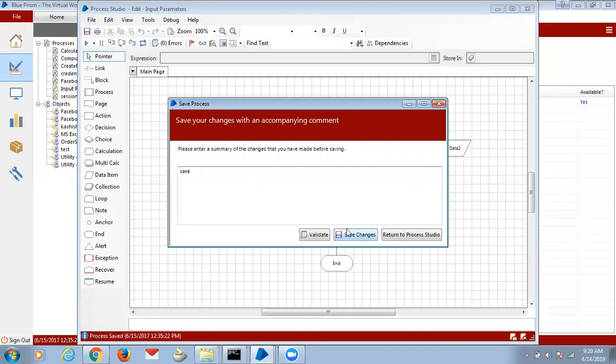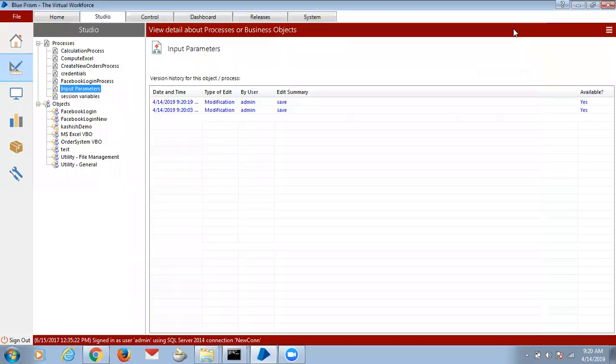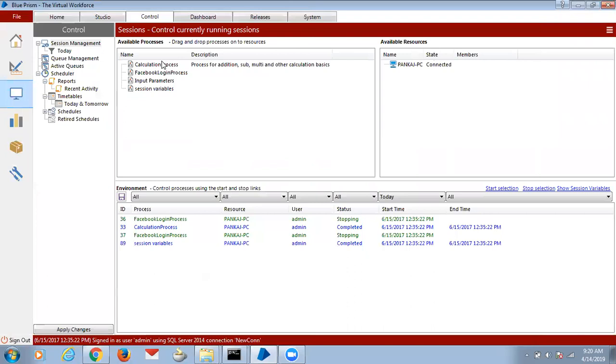Done. This data 1, data 2, I will give randomly while I'm running the process. While I'm running the process, it will give a pop-up where I have to enter the values. From the control room only, you can observe this logic.